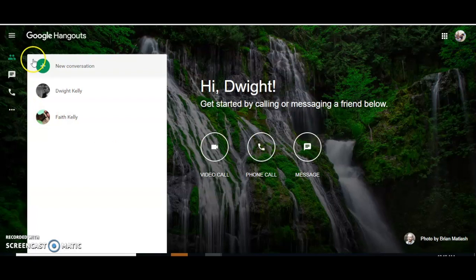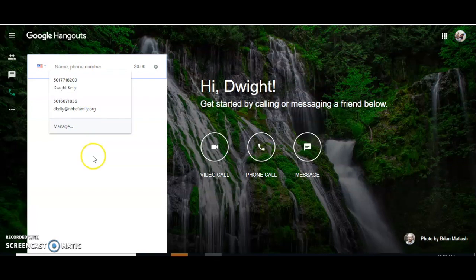Also, another way, fun way, is to use your phone, okay? To start a new conversation, you'll select phone, and then you hit the plus sign or new conversation, whatever phone number you're trying to call, okay? I'm going to dial a number that I've known since my childhood, 501